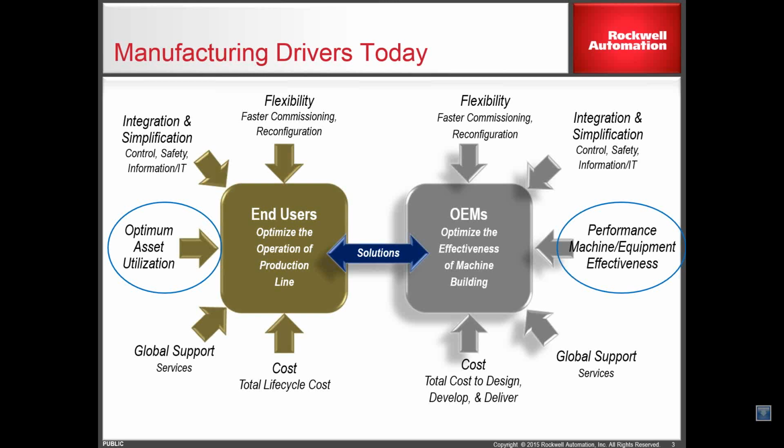So we are talking about throughput, we are talking about performance, we are talking about how effectively that machine is performing, whether it is performing completely at the line speed from the end user side. So simply put, machine builders are looking for the best value when they choose an automation solution. Machine builders measure value not only by enhancing machine performance, but also by how the solution optimizes their machine building process.